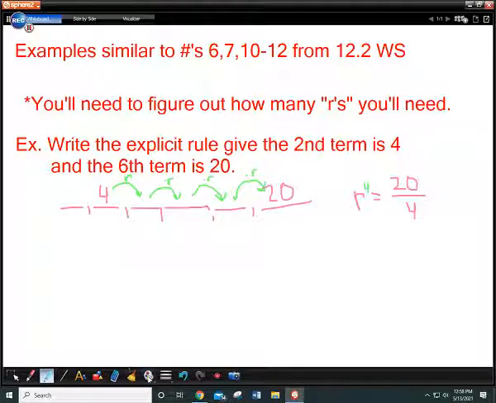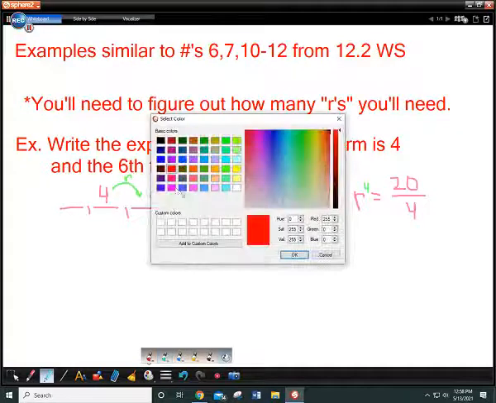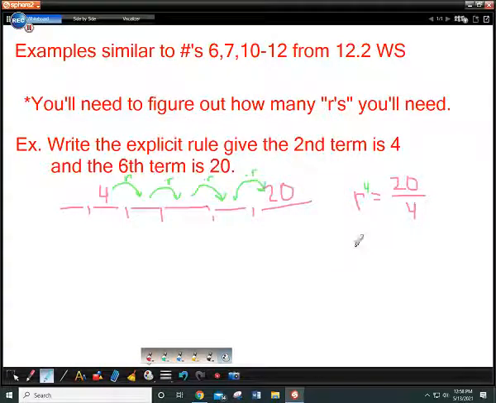All right, so then let's simplify this. So we get R to the 4th equals 20 divided by 4 is 5. Now to get rid of a 4th power, we're going to take the 4th root. That way those cancel. And so I'm going to get R